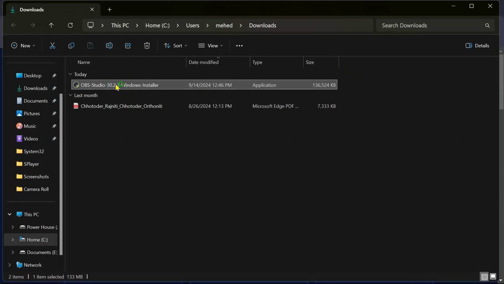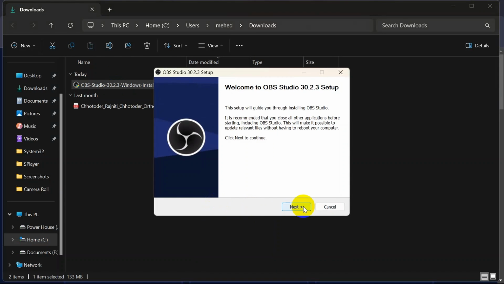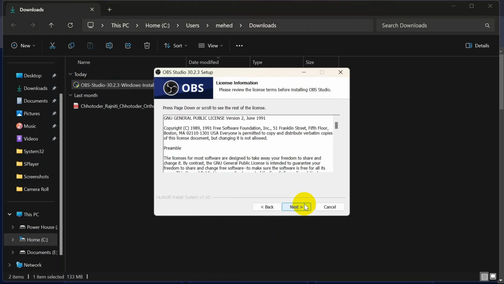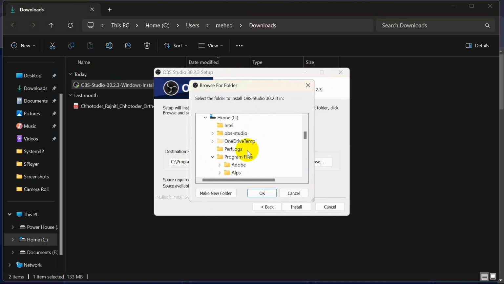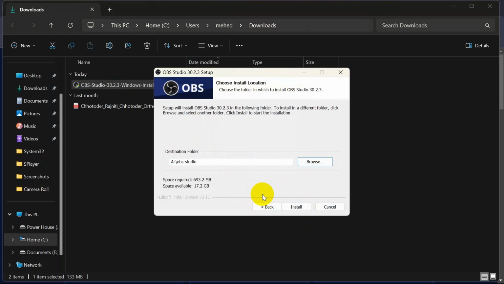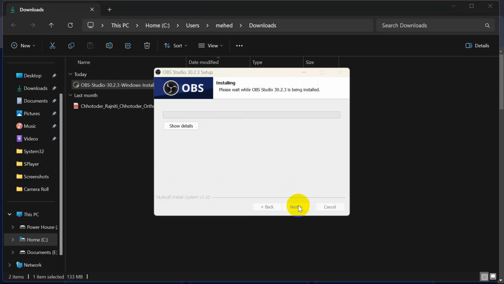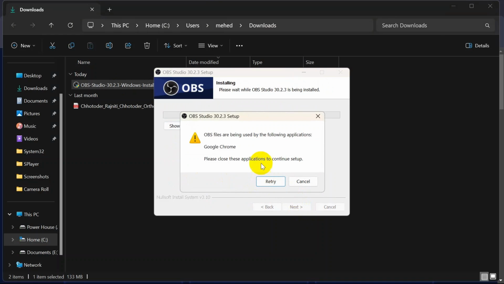And you can see that OBS Studio installing, permission required. Click yes for the permission. Click next, and if you want to change the folder, just click on browse, and I am going to keep it in Powerhouse, so click OK. If you want to change the location, you can, that's not a big deal. And then click install,